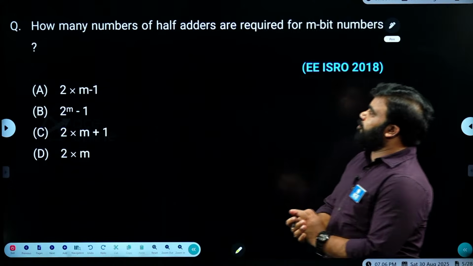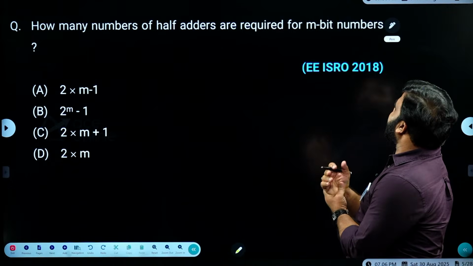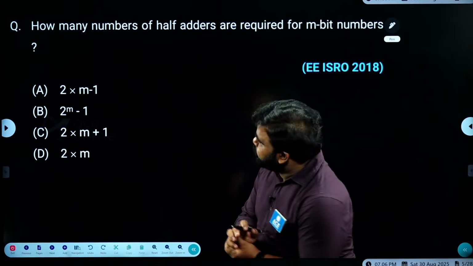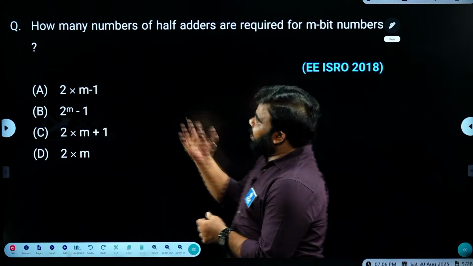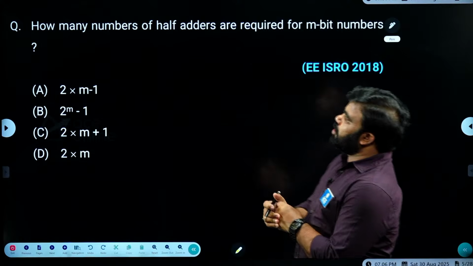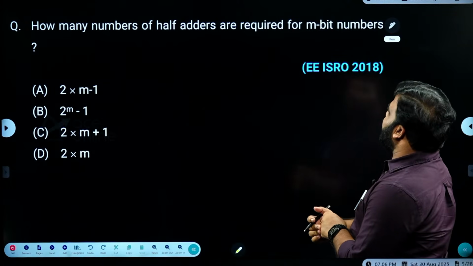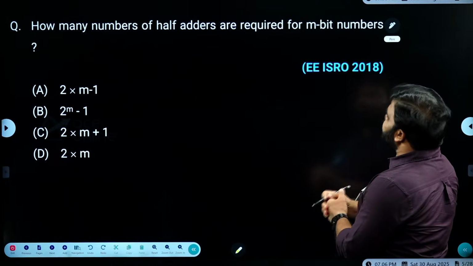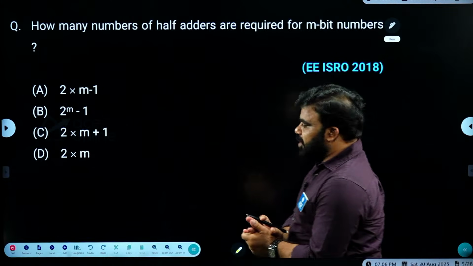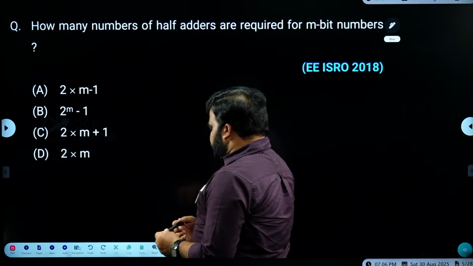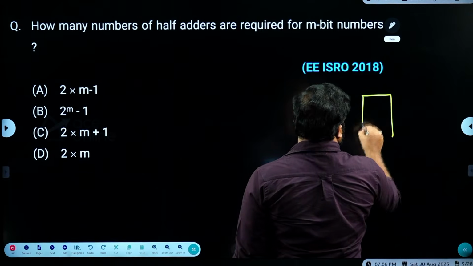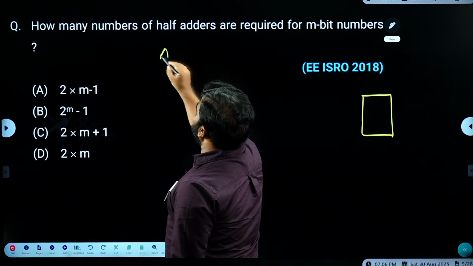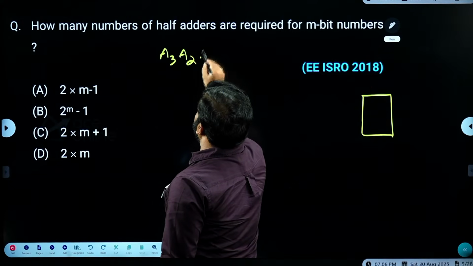How many half adders are required for m-bit number addition? I think it is missing. So, how many half adders are required to implement an m-bit adder? As per our earlier discussions, if you observe, say A3, A2, A1, A0